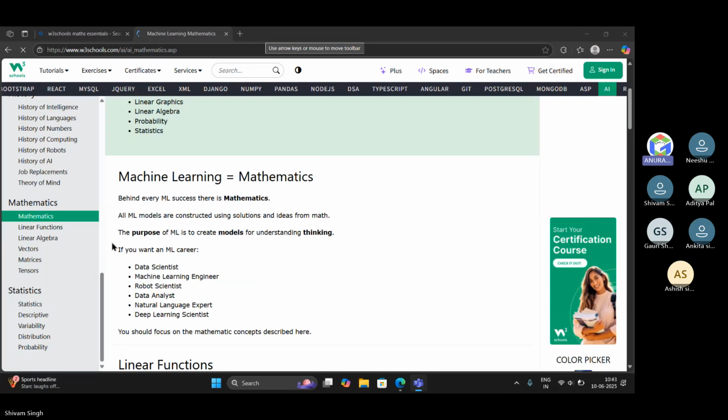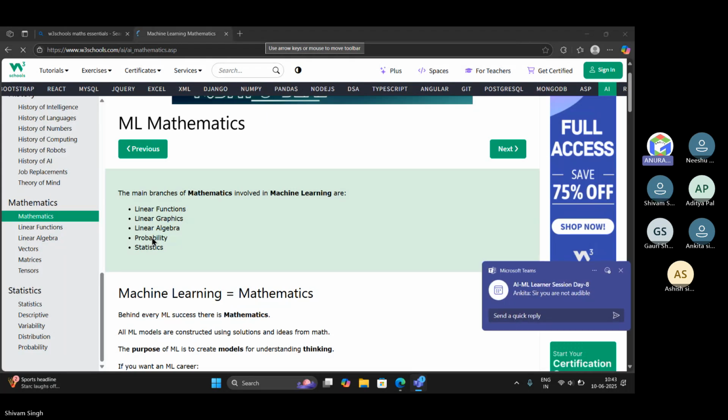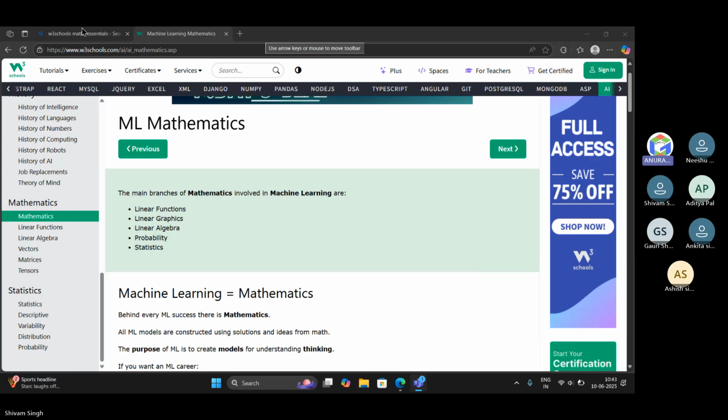Here we will run through the basic concepts of mathematics which are used in machine learning. We already know these basic concepts, as we have learned them in engineering or in 11th, 12th. So we just need to learn how we apply these concepts in machine learning. We will learn this in ML mathematics.